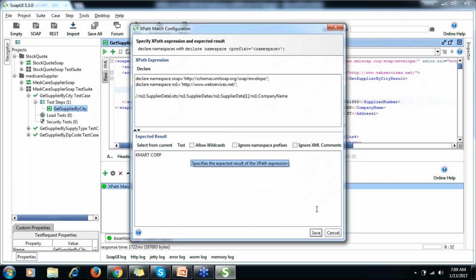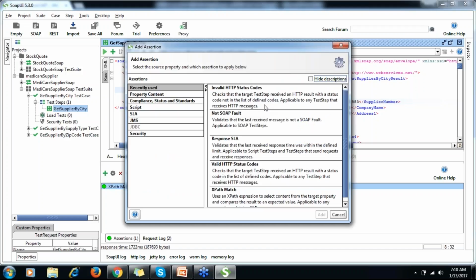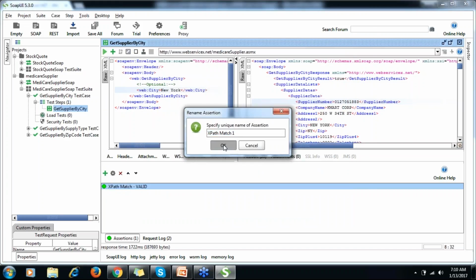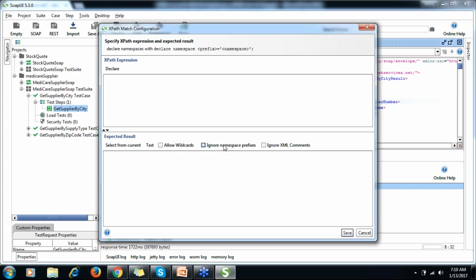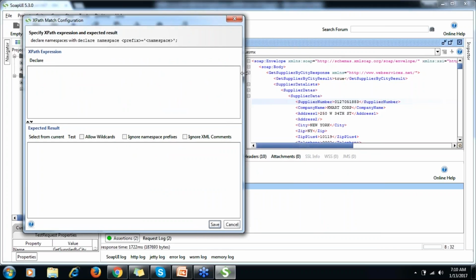In a similar way, see how differently we can write XPath. Whatever name you want to give, you can provide that name. So I'm trying to explain a different way to write XPath here.